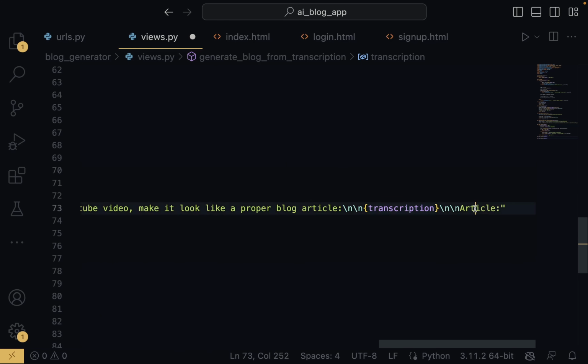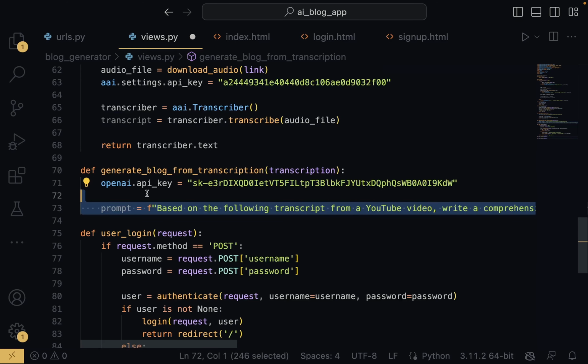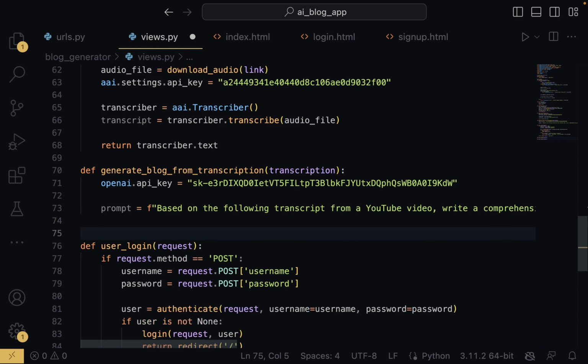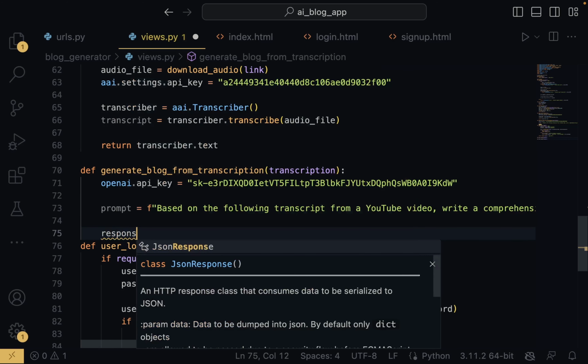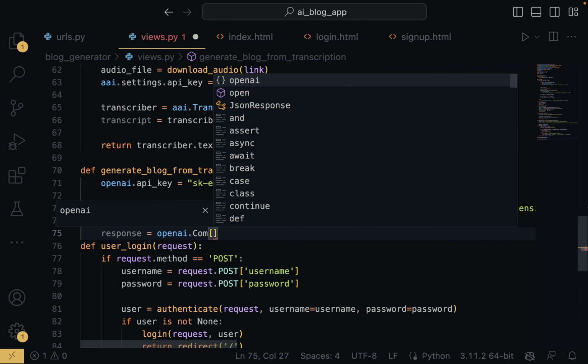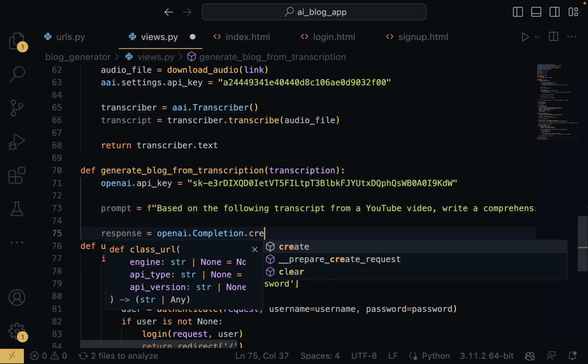And then I'm just going to say Article. We're going to be using the completion feature, and that completion feature requires us to have Article. So once I say Article, OpenAI knows that under this article, it should generate blog content or a blog article from all this prompt that we gave it. Now what we're going to do is make an API call to OpenAI's completion endpoint. So I'm going to say response should be equal to openai.Completion.create,